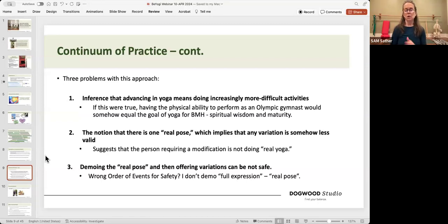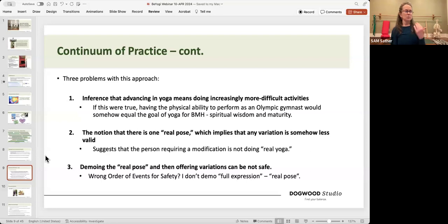And then the notion also is that there's only one real pose for an asana. And most of you know the history of yoga, and asana came around much later than many of the other limbs of yoga. And it was to help us not fall apart from sitting so much, right? And to move, as the Yoga Sutras kind of translates, to move our chi, to move our prana. We can do that with many different kinds of activities. So it really suggests we're not doing real yoga.